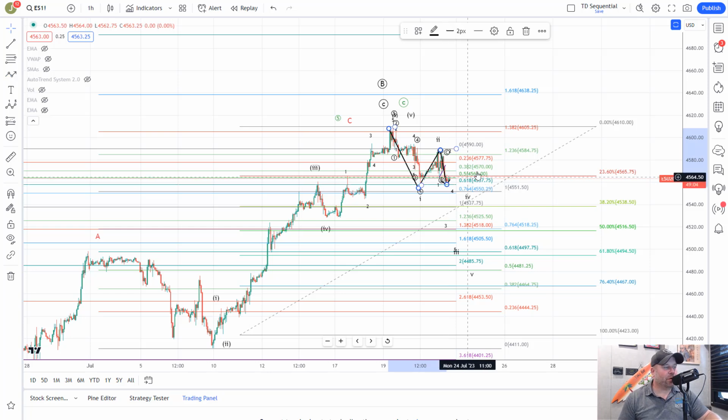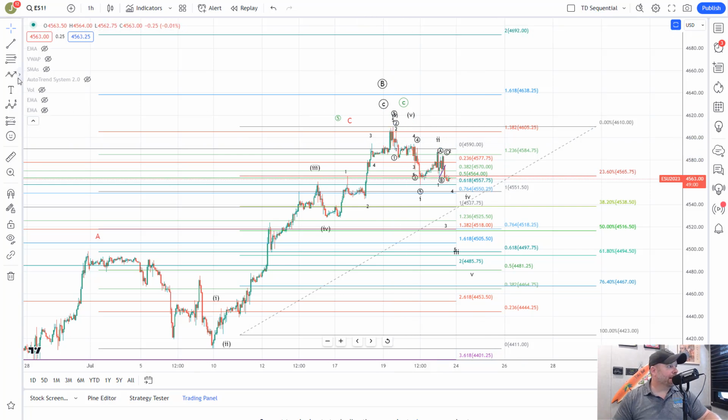Now, a 1-2-1-2 setup is where you get a wave 1 down here, a wave 2 up. You got a 1 of 3 down right here, a 2 of 3 up. So you have a 1-2 and a 1-2. You have wave 1 in the bigger sense, wave 2 in the bigger sense, wave 1 of a smaller wave 3, or wave 1 inside of wave 3, and wave 2 inside of wave 3. So 1, 2, 1, 2, which sets up for the 3 of 3 move, which should take us down toward the